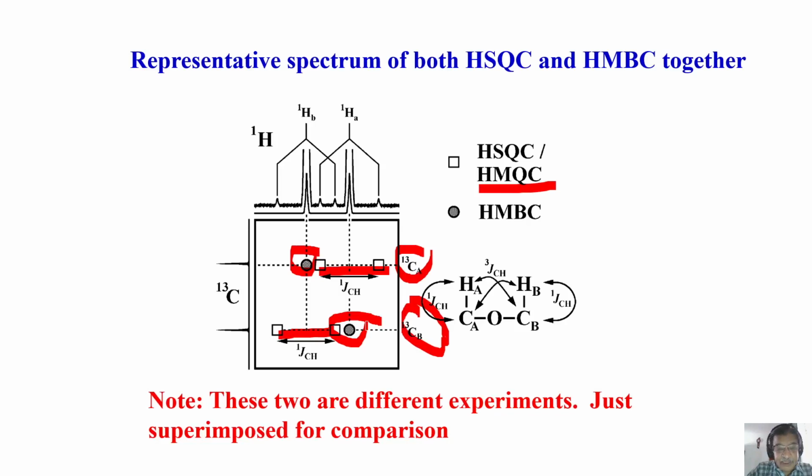Okay, with this, I will stop today. We'll come back and then continue with HSQC. Then we go to J resolved experiments, both homo and heteronuclear. And I don't know whether I have time to talk more about NOE. I'll come back to that NOE later. And then there are a lot more things we can talk about. You can talk about INADEQUATE experiment. INADEQUATE is to get carbon-carbon correlation, with carbon in the natural abundance. Most of the time you don't require that. So I don't think I have time to talk about it. Next, I'll continue this with the decoupled HSQC and HMBC. How do you get the cross peaks? And then I will talk about one or two examples of J resolved experiments. Let us see how we proceed further.